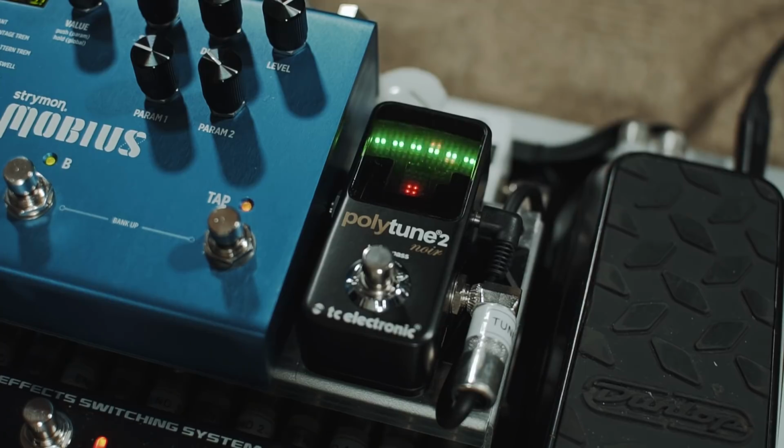Now, I'm a huge fan of these pedal style tuners for a few reasons. One, they're incredibly robust. This Polytune version 1 has been on my board for the better part of 5 years. It's got literally hundreds and hundreds of shows and sessions and rehearsals on it. It's never once failed me. In fact, the only reason it's not on my board anymore was because I upgraded to its smaller sibling, the